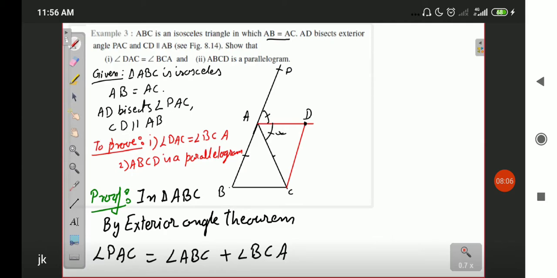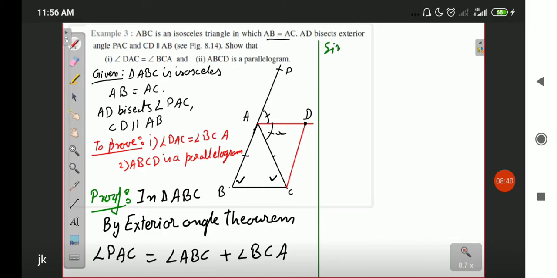Now, you can see that we are given that lengths AB and BC are equal. It is an isosceles triangle, and we know one more property of an isosceles triangle: angles opposite to equal sides of a triangle are equal. So equal sides of the triangle are AC and AB. Therefore, the angle opposite to AC, that is angle B, and the angle opposite to AB, that is angle C, should also be equal.